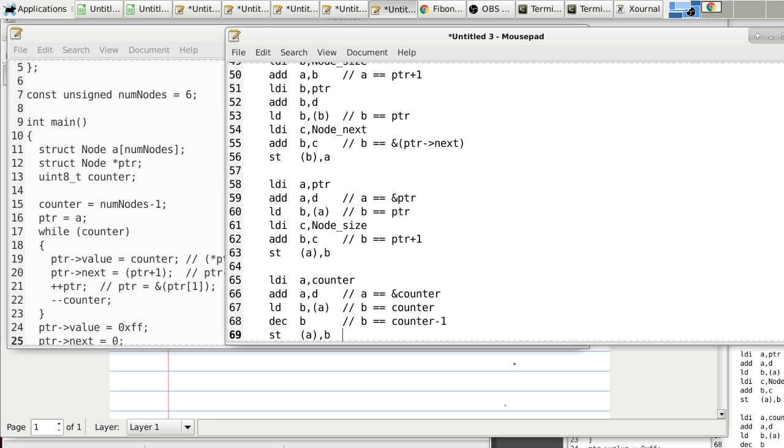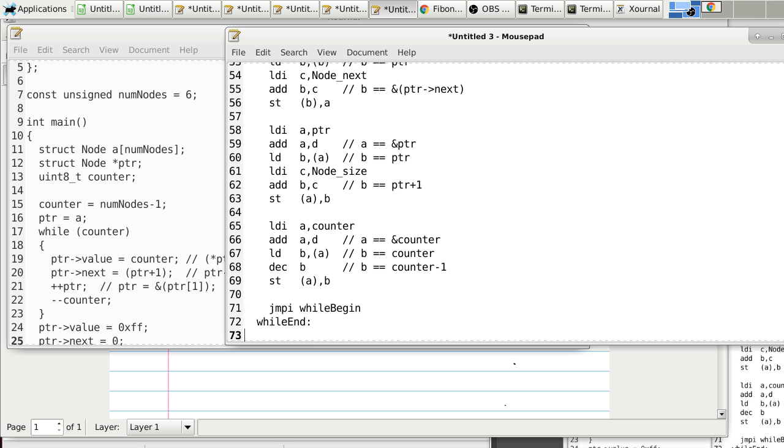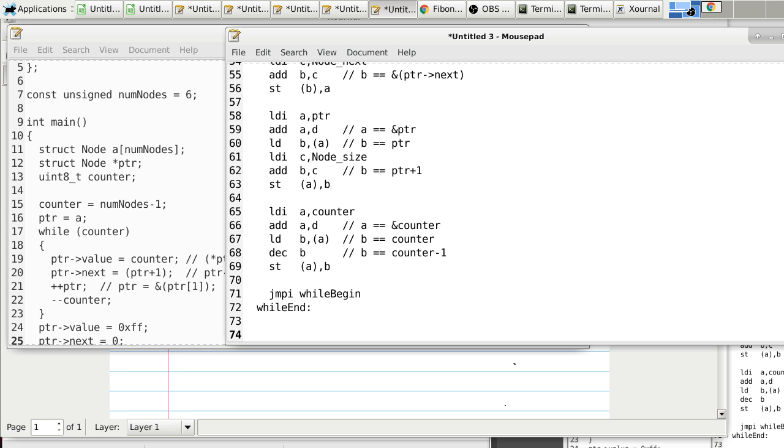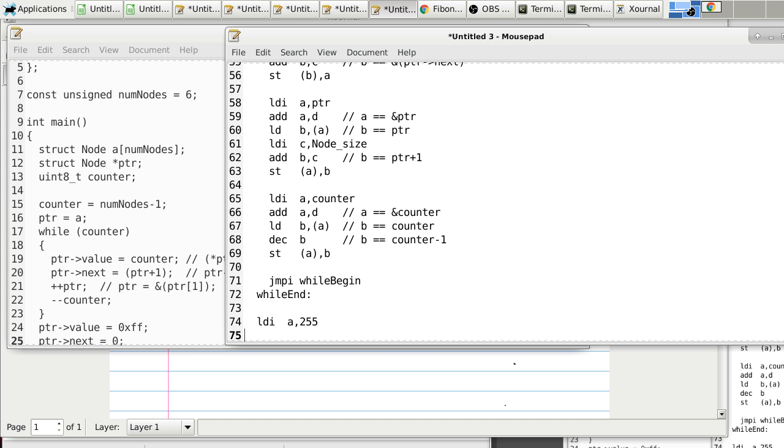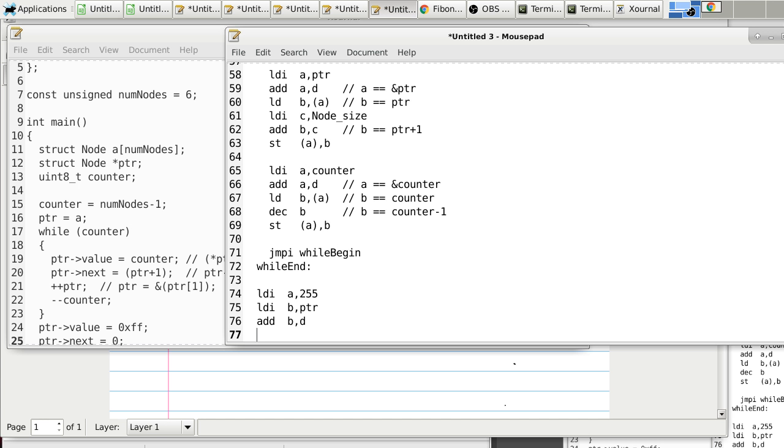So now this is how we decrement the counter, which is the last thing that we need to do in the loop. So now after the loop, we still got a few things to do. We have to store a FF into member value of what the pointer is pointing to. So at this point, I think we can go a little bit faster. Well, okay, 0xff, which is 255, LDIB with pointer, and then add BD, and then we have a LD BB,